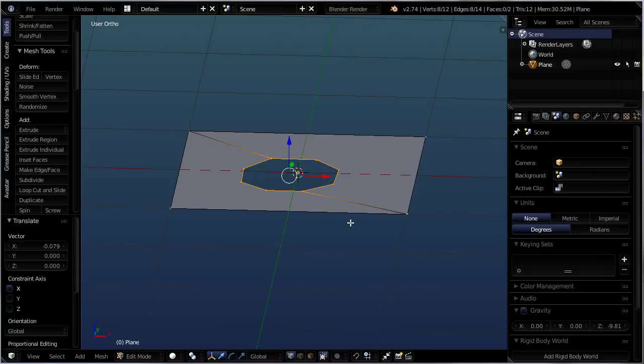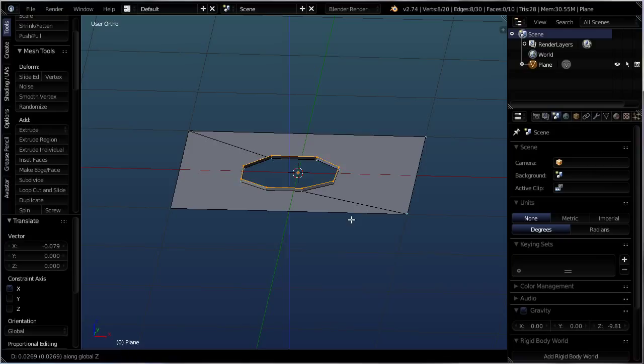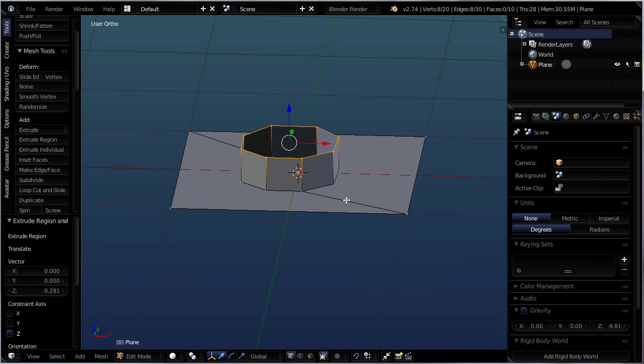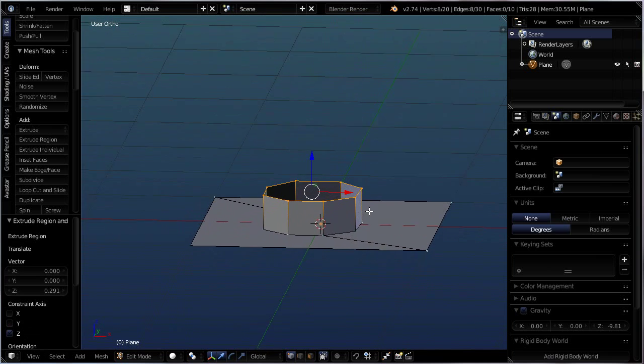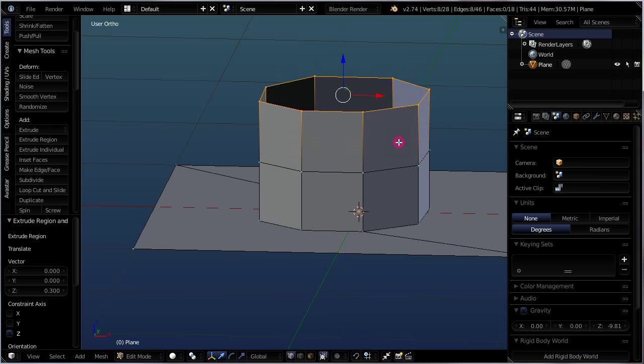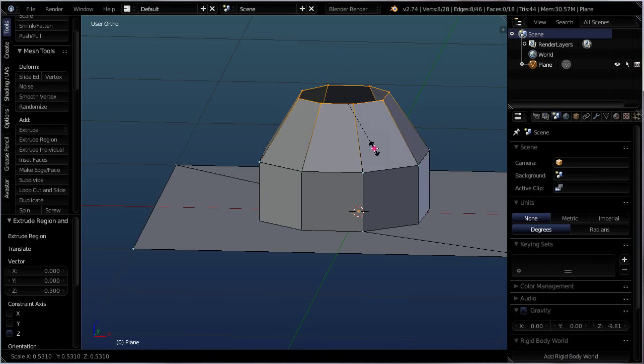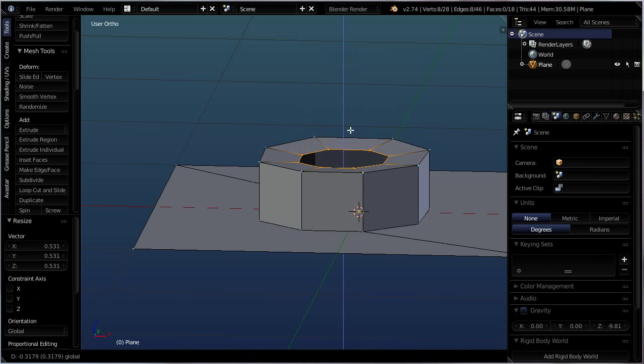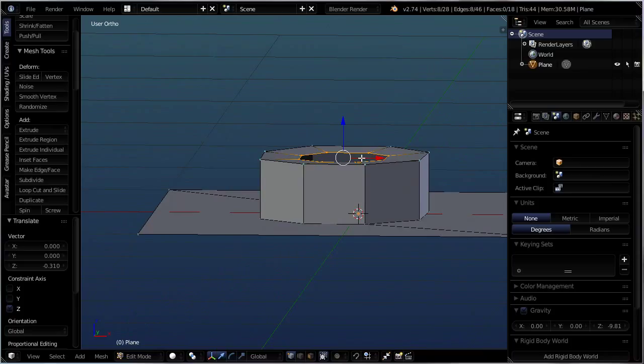As a matter of fact, I can select this and hit E and then Z and bring it straight up on the Z axis if I want to. Something else that we can do with extrude is, I find with edges a lot of times, let's say I wanted to have this like a bolt, and I wanted to have a little bit of an edge going inward. Well, you can hit E and Z and bring it straight up, and then you can scale it inward and bring it down. But the thing is that it's going to take a little bit of work to actually get this inner edge loop perfectly aligned with this outer one in the